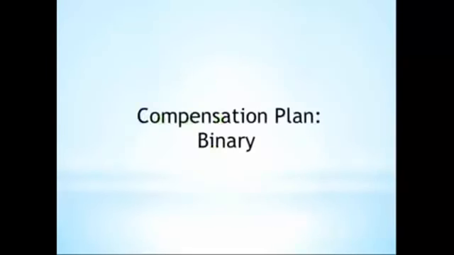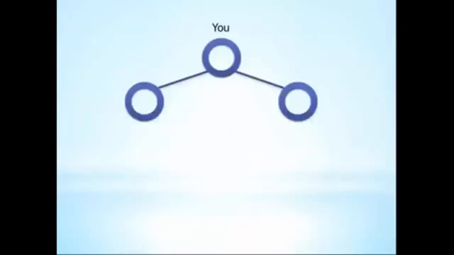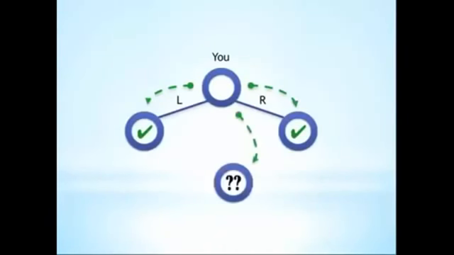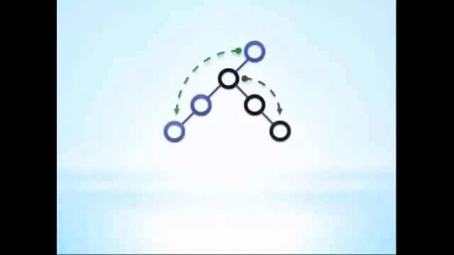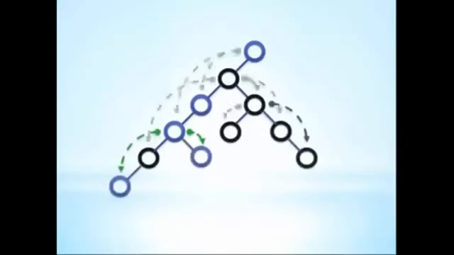Jeunesse uses what's called a binary structure when calculating commissions. It's called a binary because each position in the organization has two legs or teams. For simplicity, these legs are commonly referred to as left and right. Everyone you contact that joins your business will be placed in one of these two legs. Once you have someone on each side and you go to enroll a third person, they must be placed under one of the previous two. This is one of the advantages of a binary. It encourages momentum and synergy within an organization because people end up helping each other build larger and larger networks.